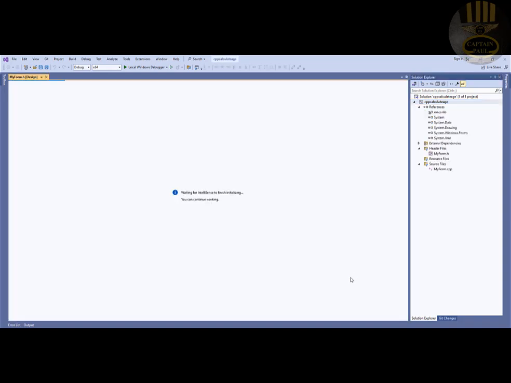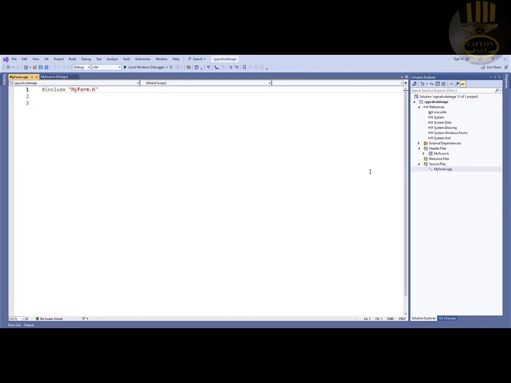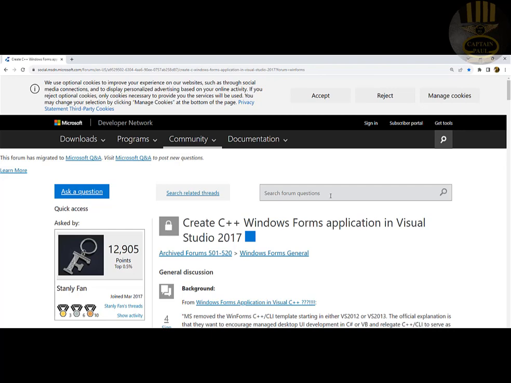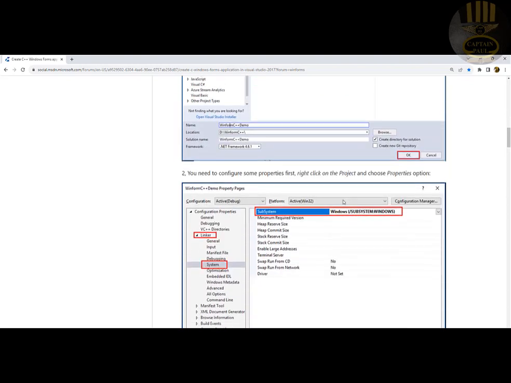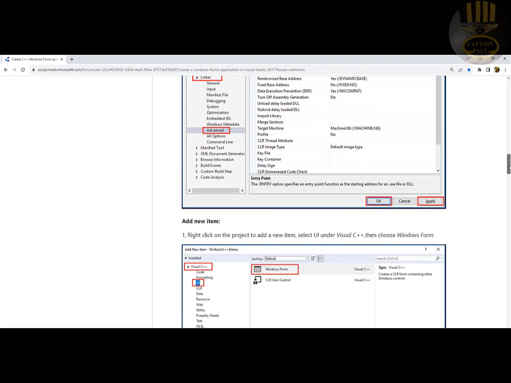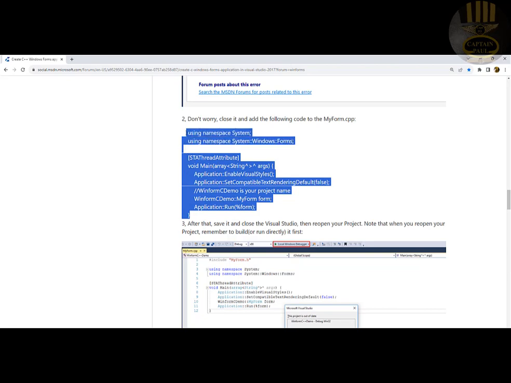There. We are adding our form, though there's going to be an error. So to get this error sorted, double click on your myform.cpp there, and in here you need to add code, which I am going to grab hold of from the forum here. Let's come right down here, and that is it right there. So copy these lines of code there,